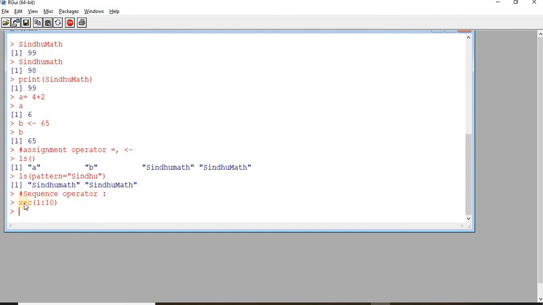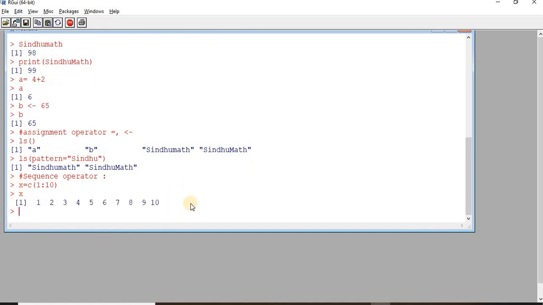Now what happens to the object x? Let us see. Using this sequence operator, values starting from 1 to 10 with the increment of 1 are all made in the form of a vector and it is stored in the left hand side object x.